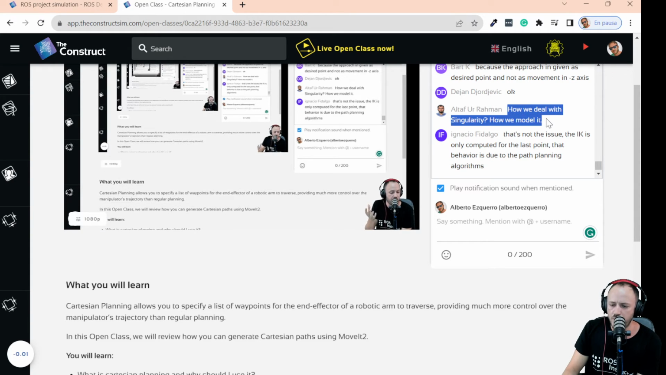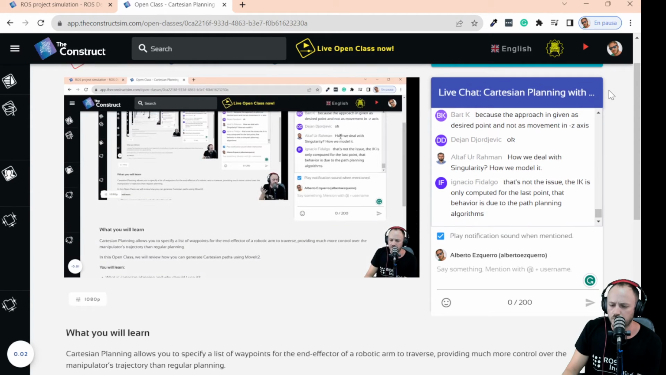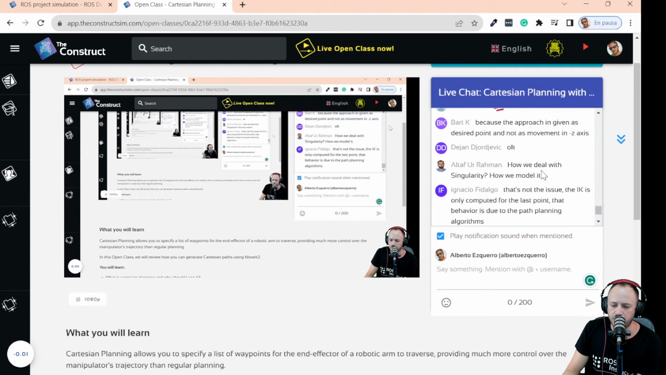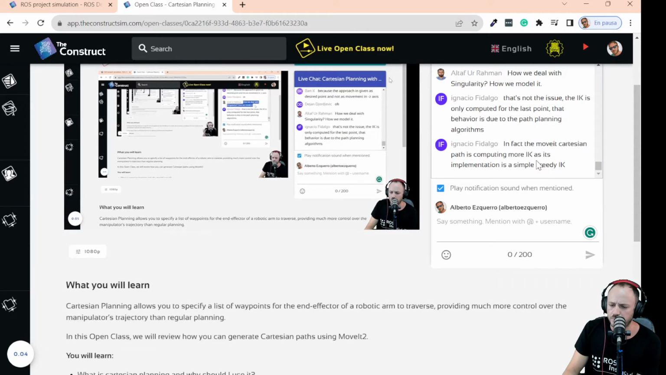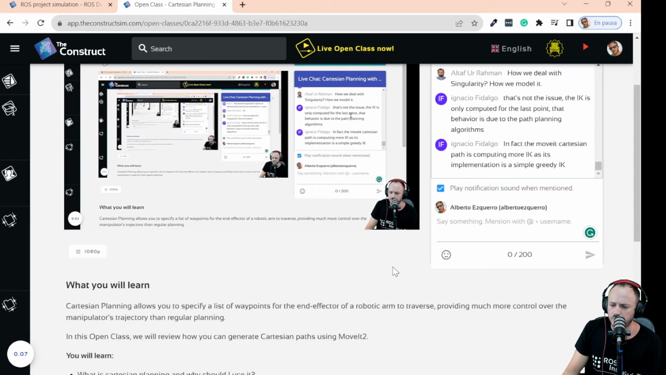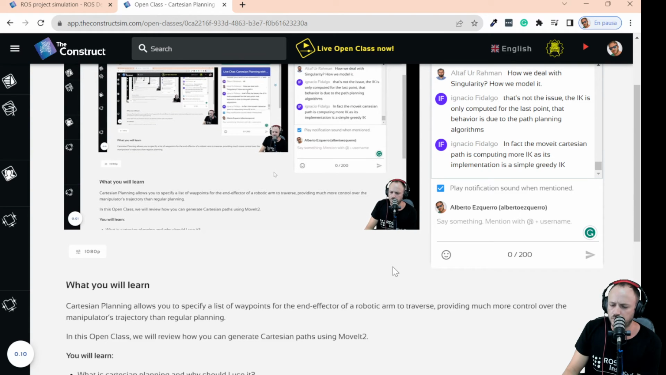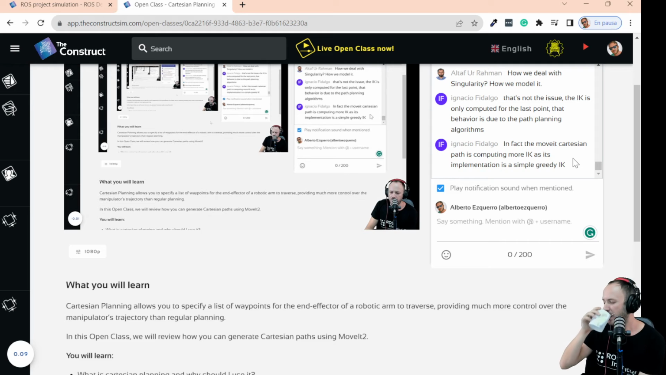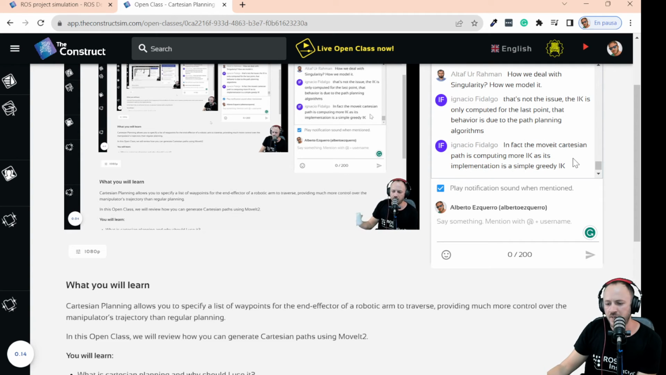And Altaf asks how we deal with singularity, how we model it. I'm not sure I understand this question either, Altaf. In fact, the MoveIt Cartesian path is computing more IK as its implementation is a simple grid IK. Yeah, so maybe the words I used